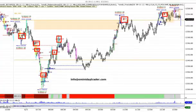And as far as the longs were concerned, we had a long here, a long here, a long here, a long here. We had one up here, and then we had three of them here. So we had a tremendous number of trades, and today was somewhat of a difficult day because